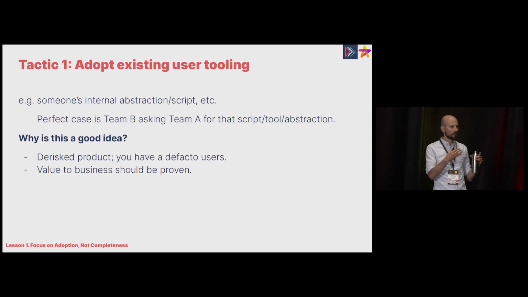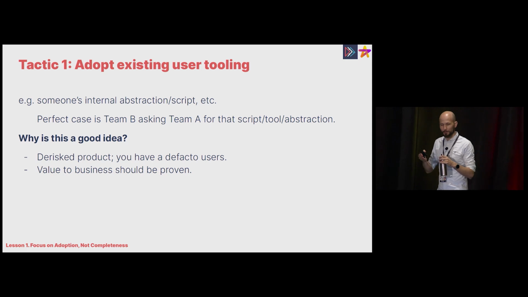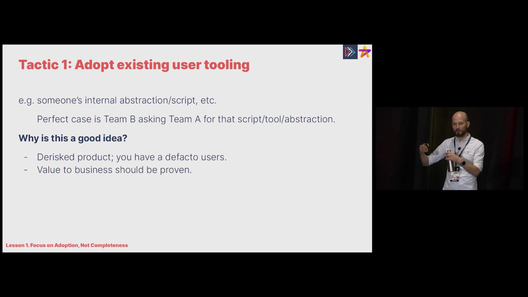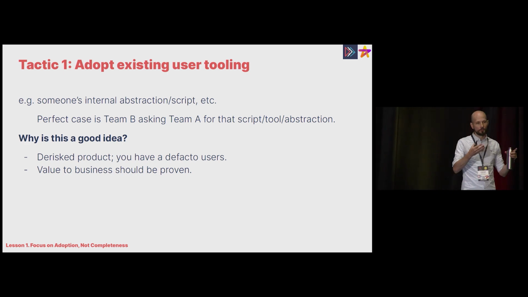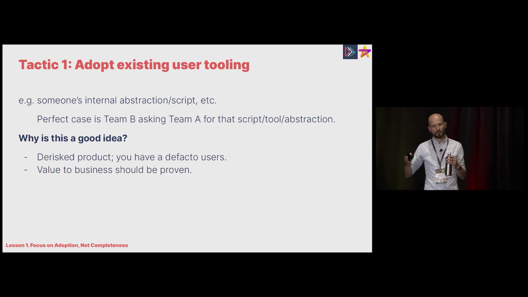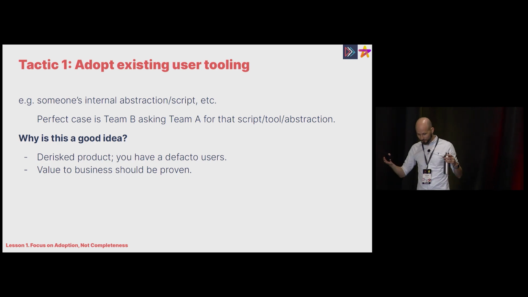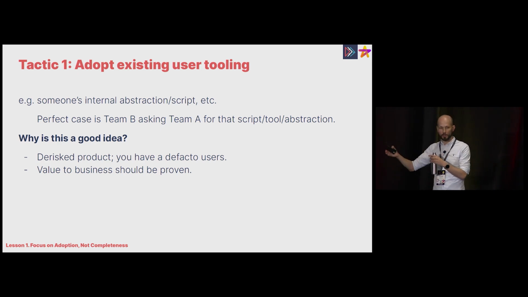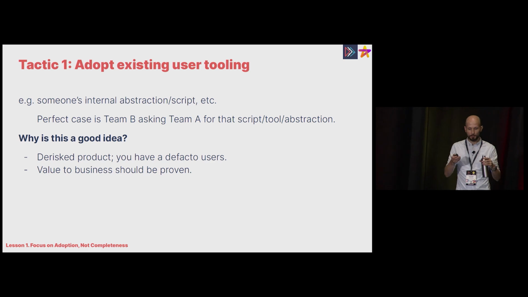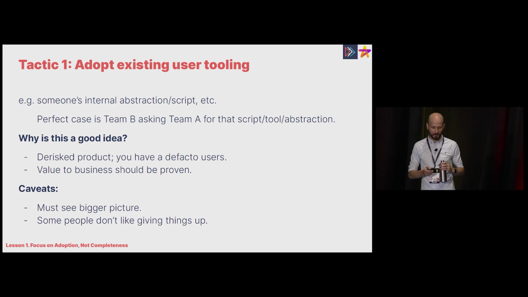Well, if you can inherit something that someone already is using and built and wants, you've kind of de-risked what to build. You de facto have some users, right? So you can show, hey, look, I inherited something, made it better, and we have users. And then from the story of telling why you're doing this and what business value, because someone built it and it shows value in their process, it should be very easy then for you to make an extension to say why investing in this is going to be even better for you and the business. So, for example, making Team B now use this instead of only just Team A.